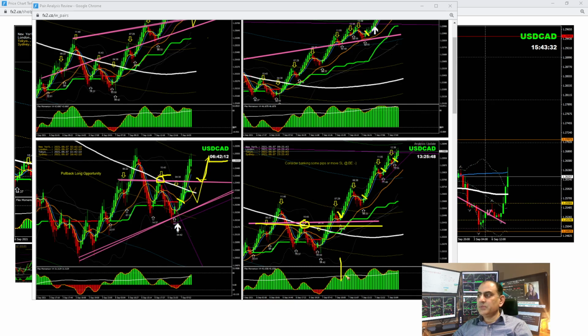Look at the bottom, momentum was bullish. Our analysis was also supporting going long. So one pullback, second pullback, third pullback, fourth pullback, and this is our first target, this is our final target. As you can see here, price nicely hit the final target based on the morning analysis, banking beautiful pips